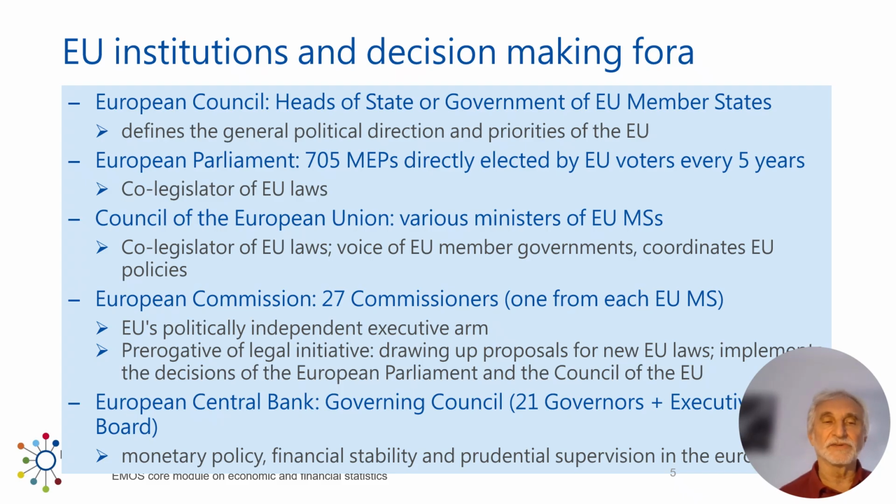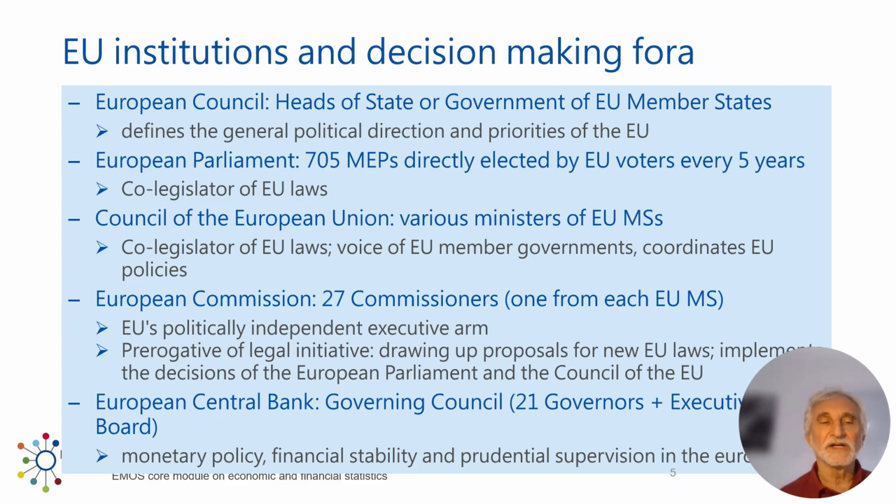And then it's the European Parliament and the Council of the European Union. So these are the various bodies of ministers who are then the co-legislators of EU laws. So these are those who are then actually making the EU laws. And all European statistics basically are based on such laws. And so you have the European Parliament with about 705 directly elected members of Parliament. And then you have the different ministerial councils, the Council of the European Union, where either the finance ministers or the economy ministers or the justice ministers, etc., are meeting.